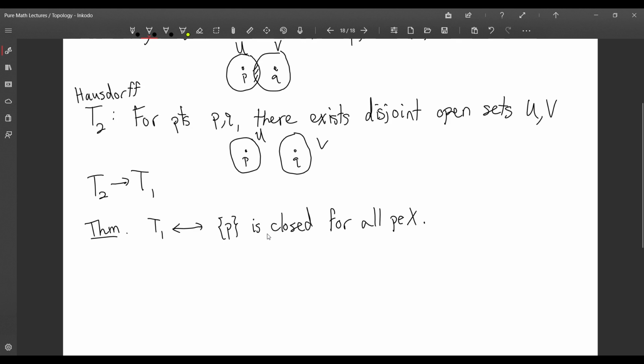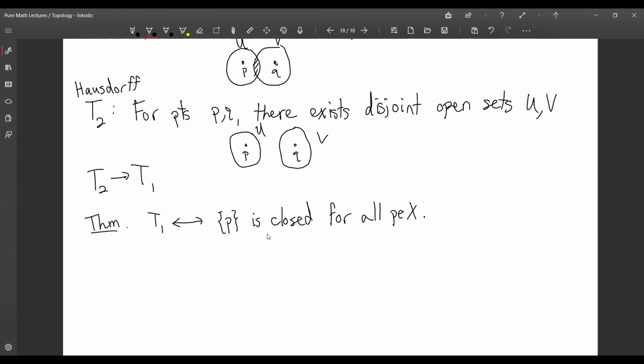And the way you would prove it is by trying to show that {P} is its own closure, right? And again, the way that you would show this is by showing that for any Q not equal to P, right? I know that I'm going to have